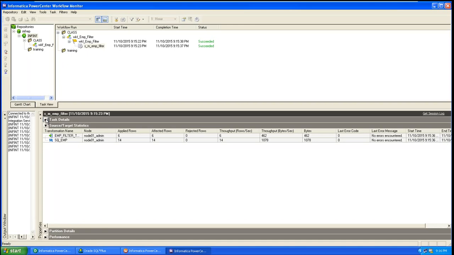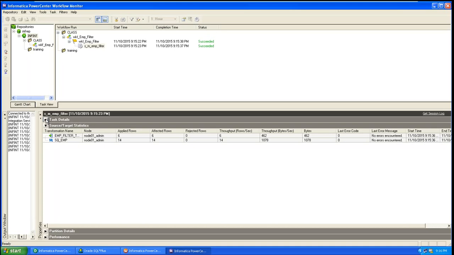So suppose we have created a mapping, and then we have to test it in development, right? As a developer, once you created the mapping, we have to test that. So here, what are the things we need to do? We need to run that particular job, and then we need a proof, right?